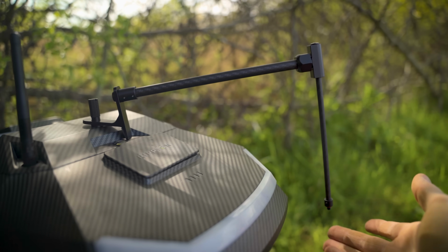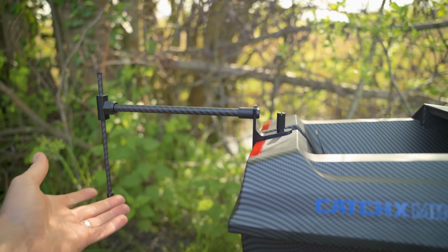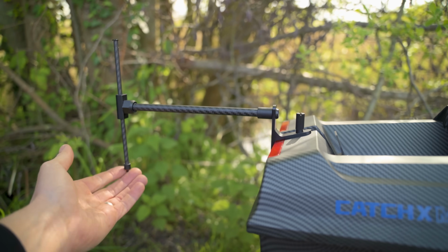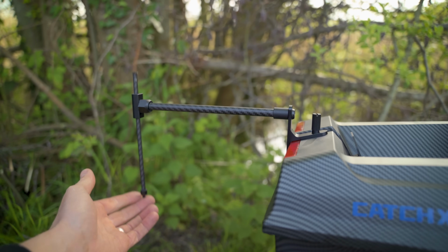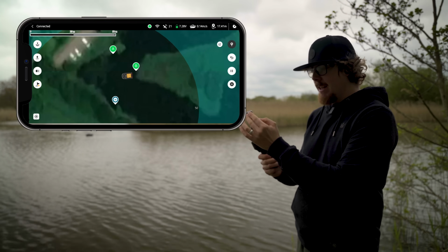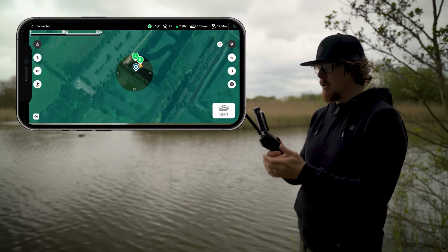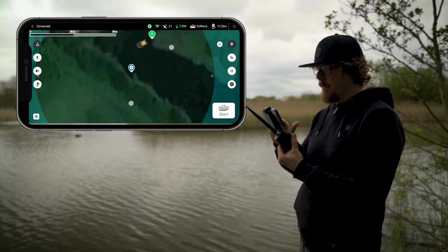And once that's on there, of course, you can use the bait boat manually, like I am at the moment, or you can set up different waypoints. So this is a really, really cool feature. If you get to your swim and you want to find out as much about the swim as possible, you don't want to be casting out or moving the boat loads manually, you can press that top left button and you go fixed point scan or zone scan. If I go to zone scan and just zoom in a bit more,